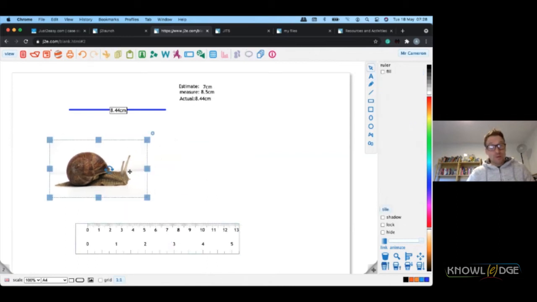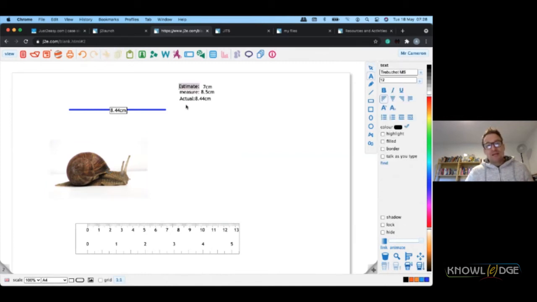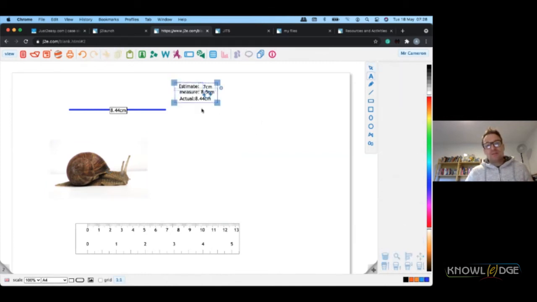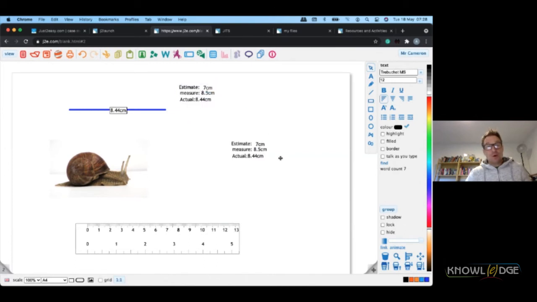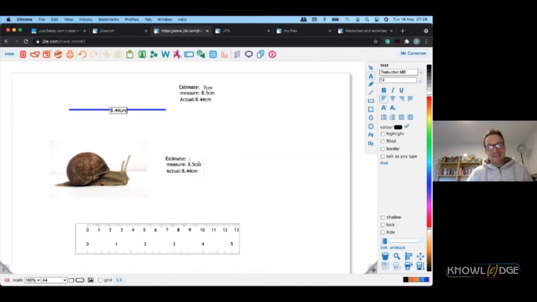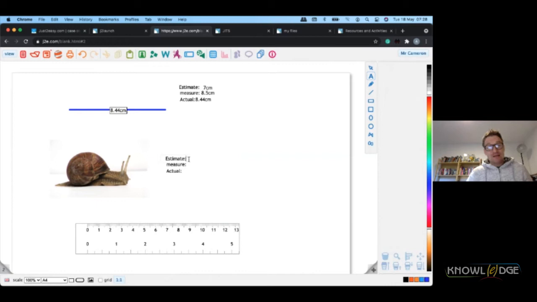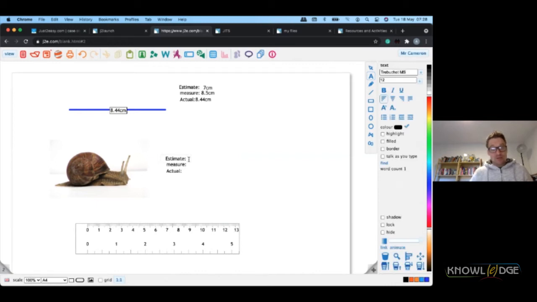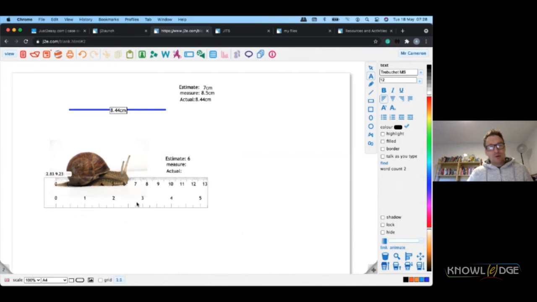Again, I could do that with an actual image. So if I then, let's just use these tools here, and I'm going to just copy that. So let's just get rid of these numbers again. You can see how flexible and very easy this is to use. I could estimate that, and estimate the length of the snail being maybe 6 centimeters. I could then go and measure the snail, hold my ruler up there, and oh, that looks like it's about